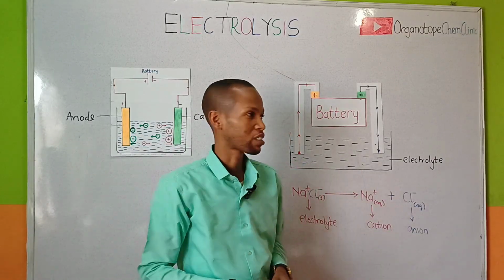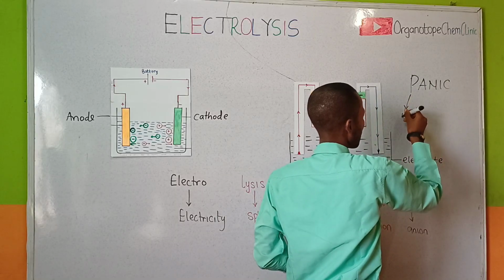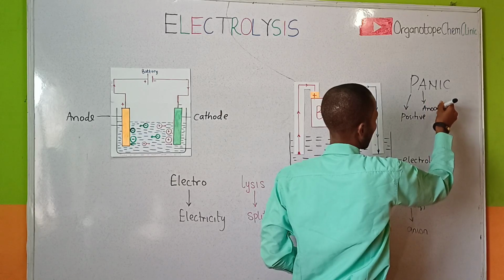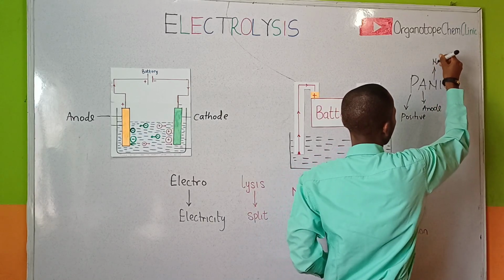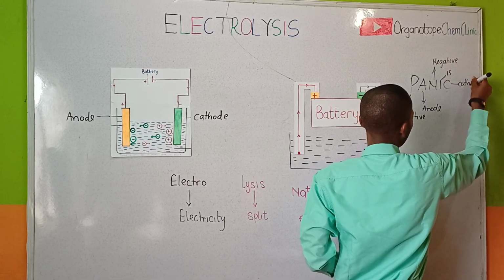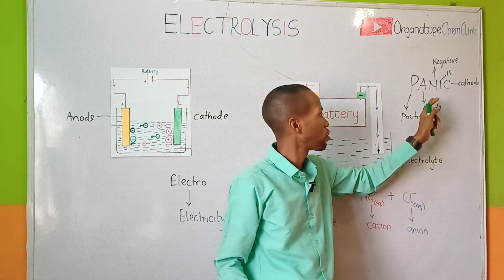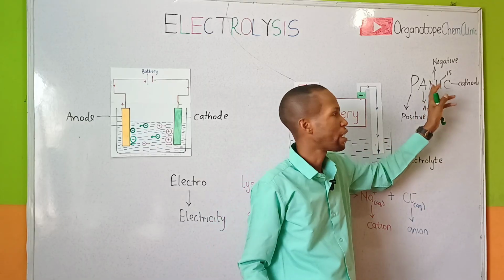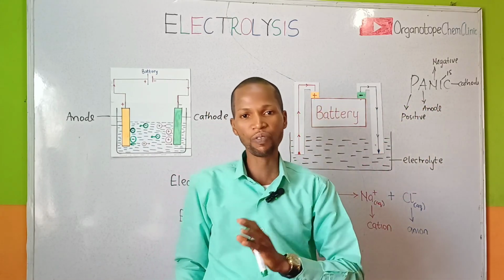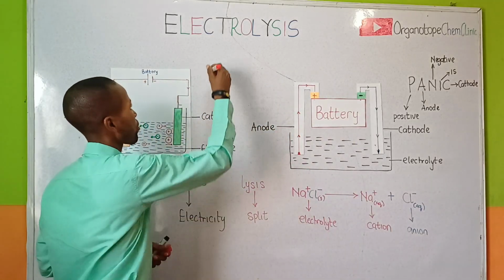Note these exam tips. Panic. Positive anode, negative is cathode. So panic implies positive anode, that's PA, while negative is cathode, that's NaCl. Okay, panic implies positive anode, negative is cathode. Make sense? Note these exam tips from the alphabet